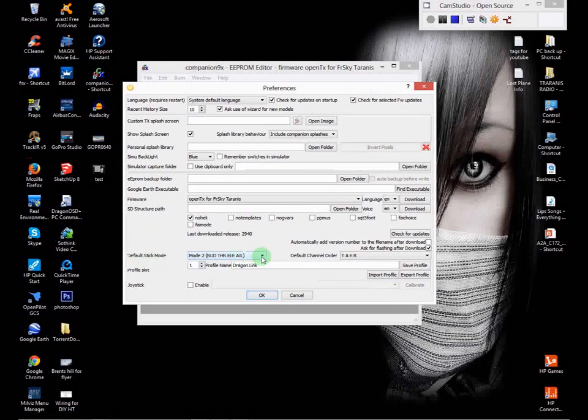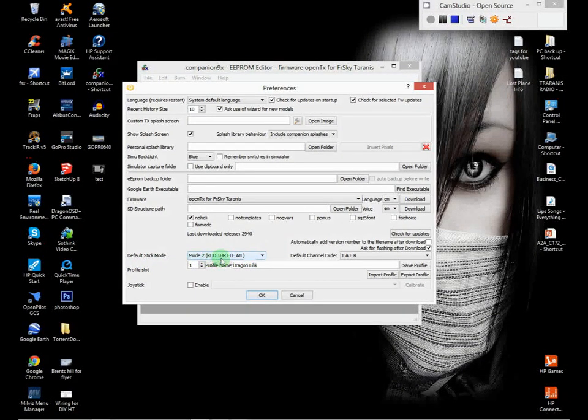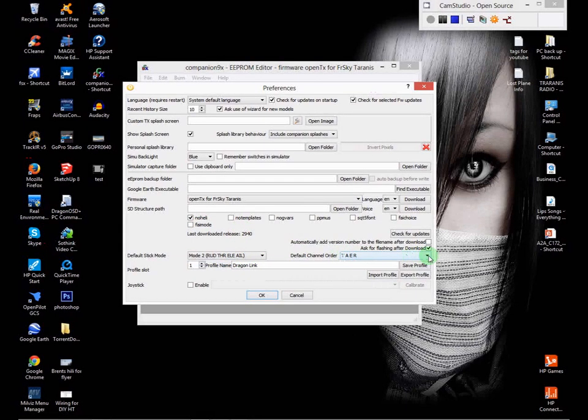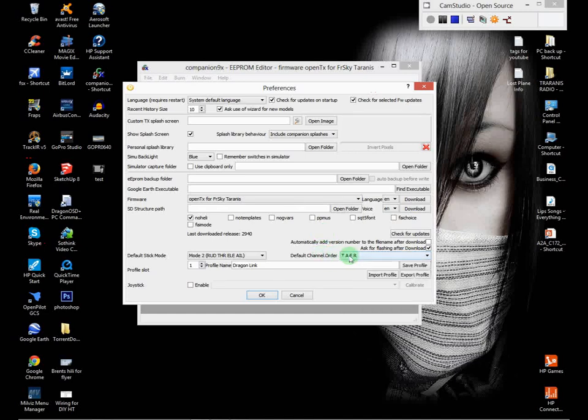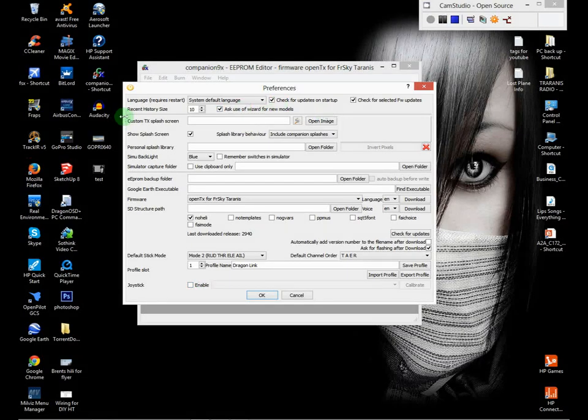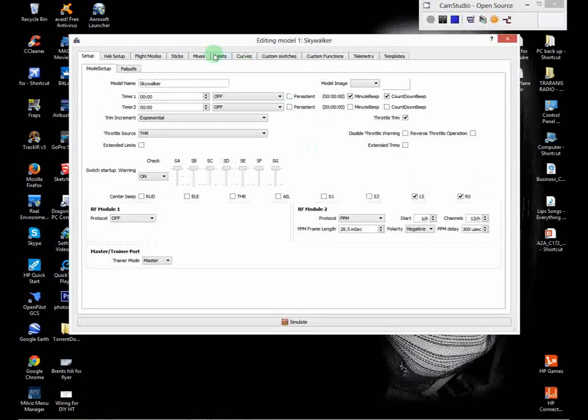So this is your stock mode 2: rudder, throttle, elevator, aileron. Now this is the channel order, so depending on what you're used to, I come from mostly Spektrum. So in order from left to right, from channel 1 to 4 would be throttle, aileron, elevator, rudder. Profile name, I just named it Dragon Link. Save profile. Joystick, I really haven't got into that. So we'll get back into the